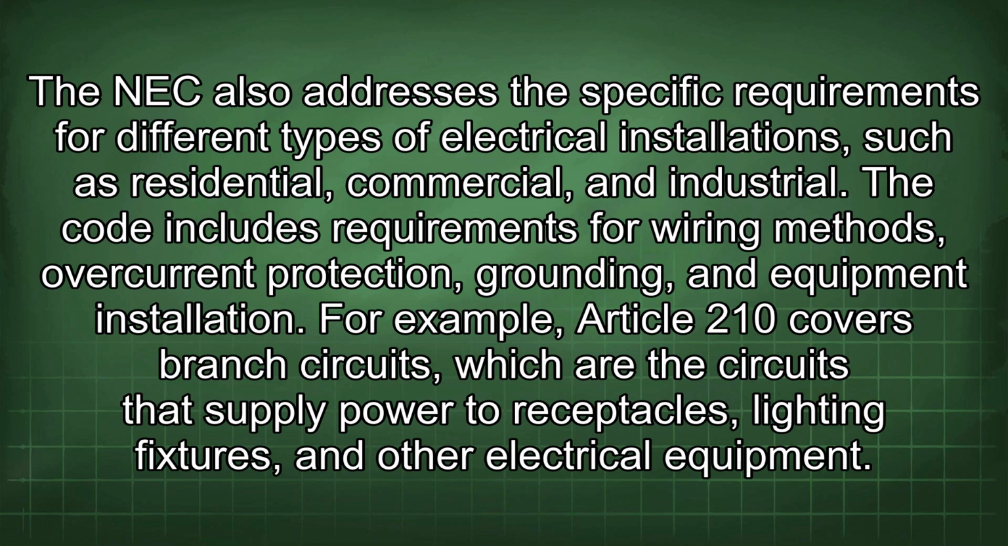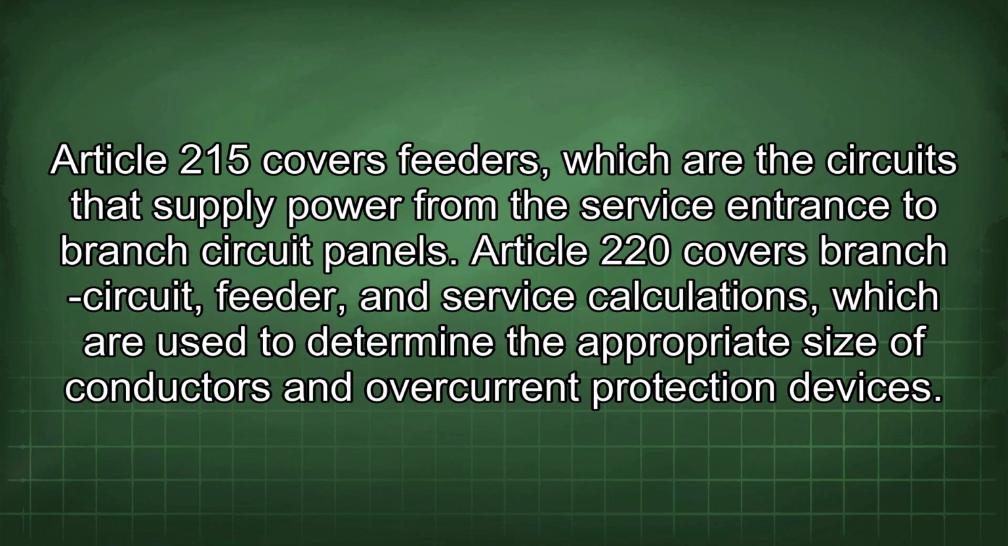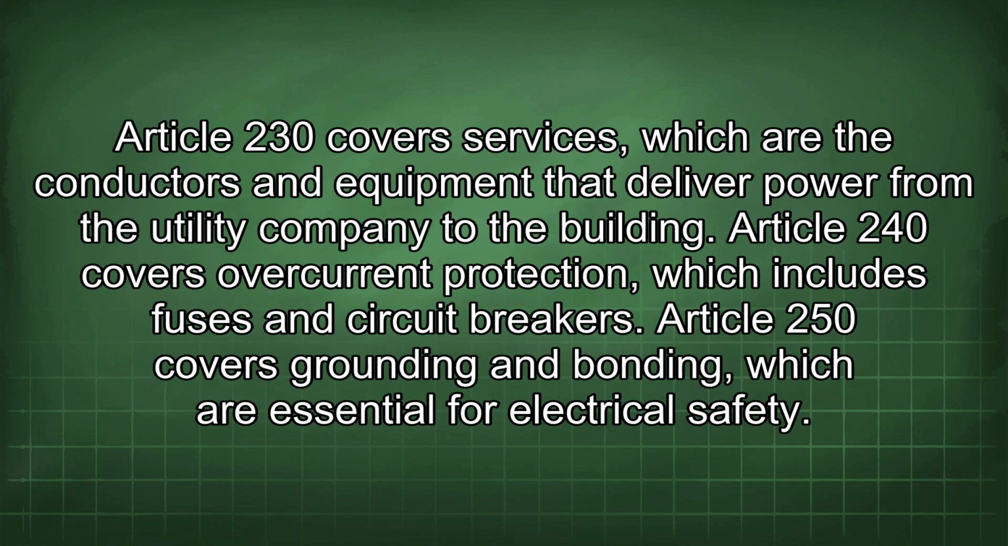For example, Article 210 covers branch circuits, which are the circuits that supply power to receptacles, lighting fixtures, and other electrical equipment. Article 215 covers feeders, which are the circuits that supply power from the service entrance to branch circuit panels. Article 220 covers branch circuit, feeder, and service calculations, which are used to determine the appropriate size of conductors and overcurrent protection devices. Article 230 covers services, which are the conductors and equipment that deliver power from the utility